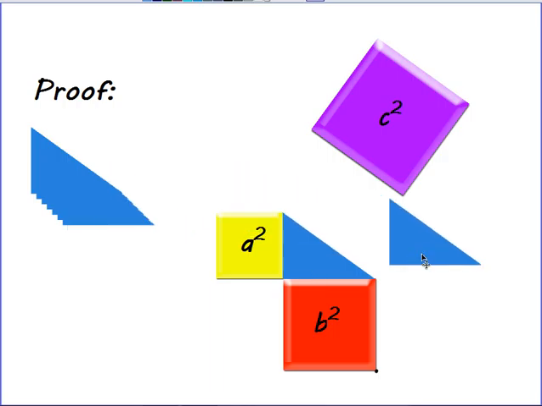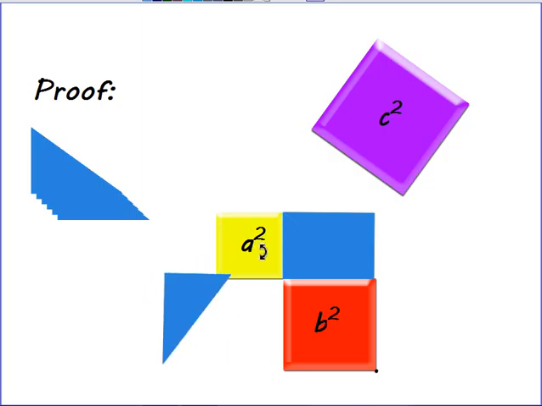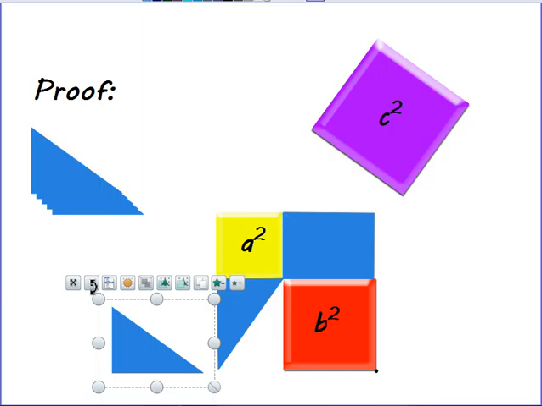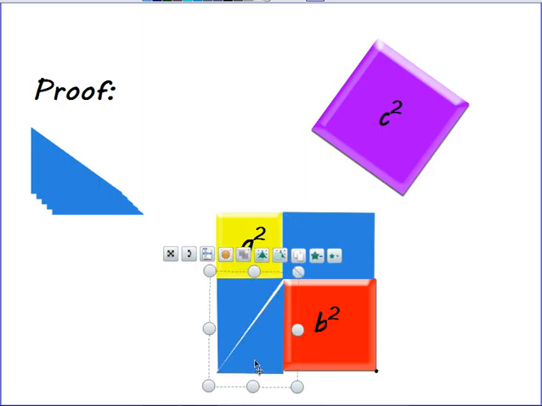I'm going to take a second triangle and flip it upside down and bring it over by the other one. Next, I'm going to turn this triangle and put it on the other side of A squared, B squared. And I'm going to bring a fourth triangle. It's important to remember that there are 4. And plug this hole right here